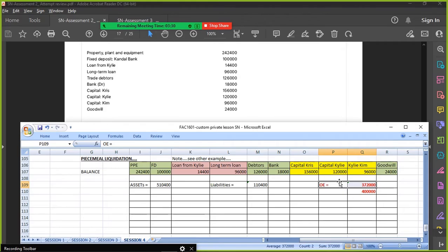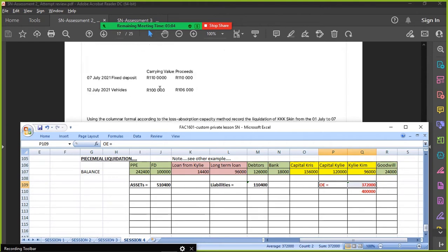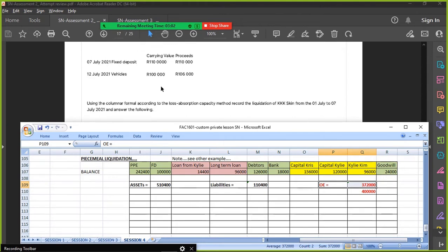So that's the problem. But if you go watch that other video that I'll send to you, you'll see there's a proper example working through all of the different situations and the different stages of the liquidation, and then that will make more sense. For now, I'm just highlighting it because this question is problematic: your assets and liabilities don't match up with the owner's equity. So there are missing columns. But we can probably still work this out because they only want us to calculate